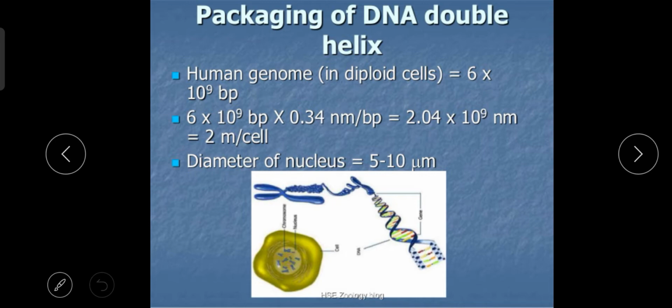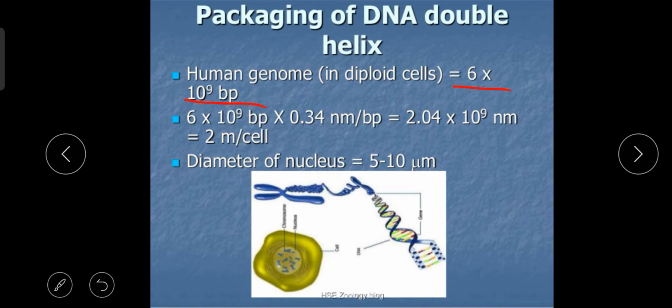Here see. So how the DNA double helix are found inside the nucleus, which is called the packaging of DNA double helix. So you must know that one eukaryotic cell contains how much DNA? Sorry, how much nitrogenous bases of DNA? Yes, one eukaryotic cell present in human being. How much nitrogenous bases are found in DNA? That is 6 billion bases, or base pairs, are found in the human genome.